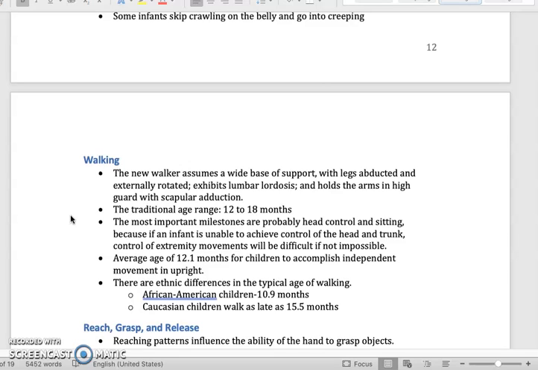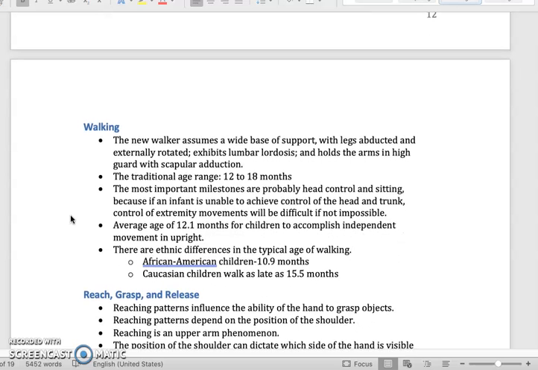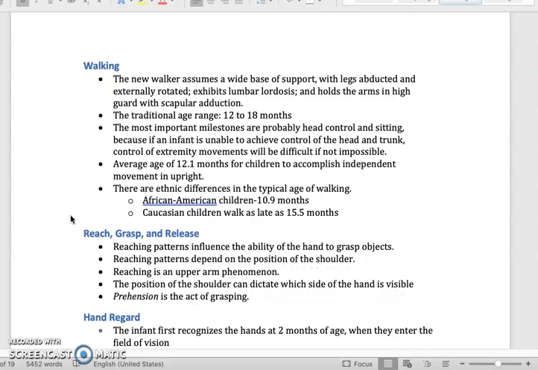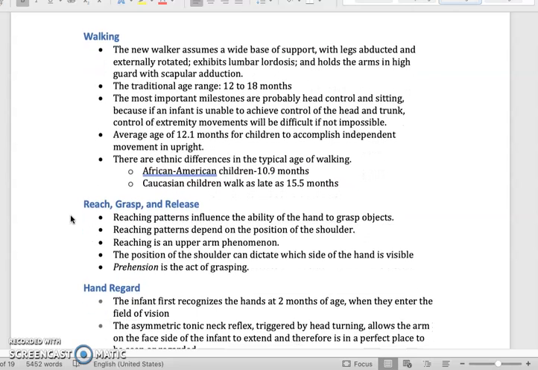Okay, walking is a great milestone for most parents. That's what they want to see happening. The traditional range is listed there, 12 to 18 months. And again, I am not super concerned about children having difficulty with this unless I'm not seeing signs during this range. You see that there are also some differences in gait or when it occurs based on culture. Take that lightly because, again, it could happen to be exposure.